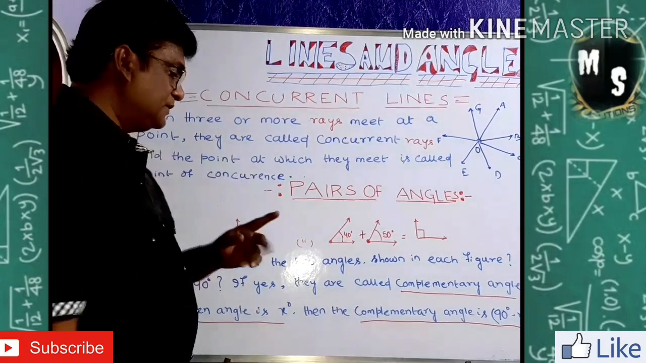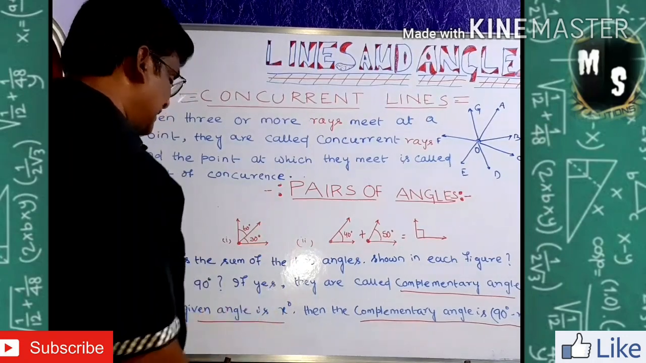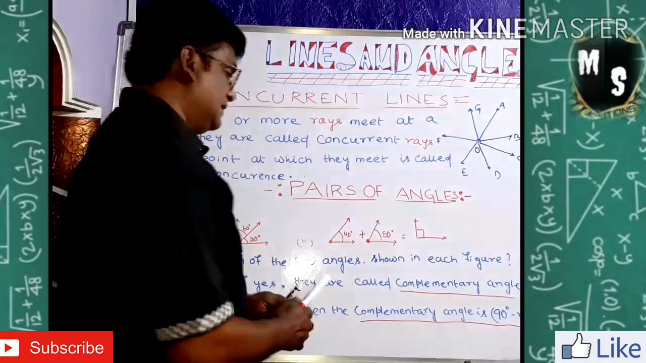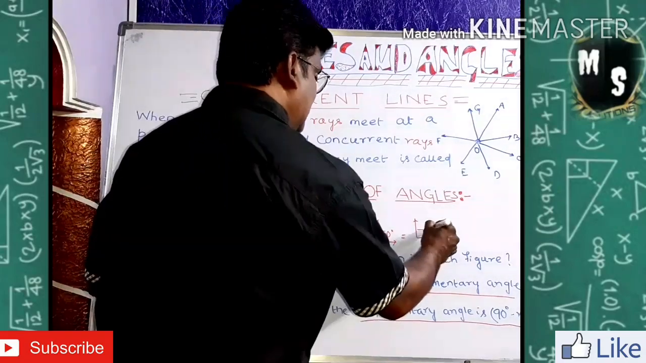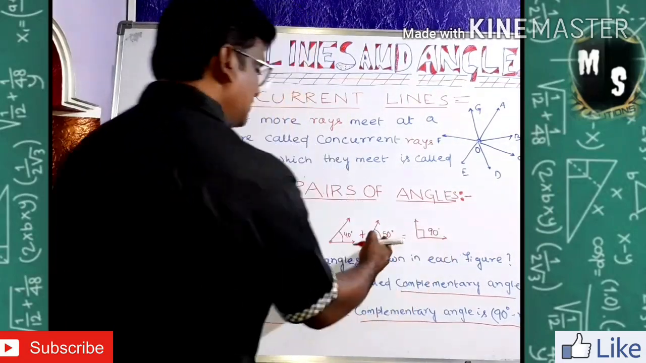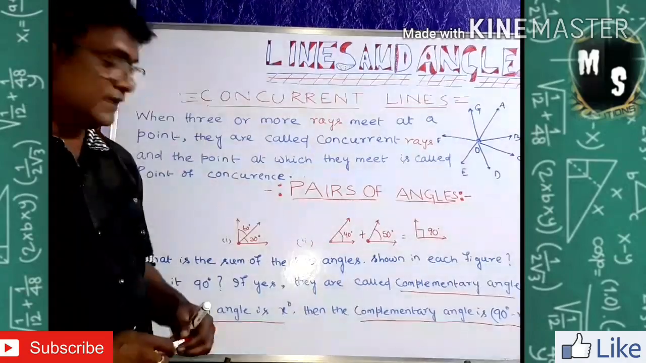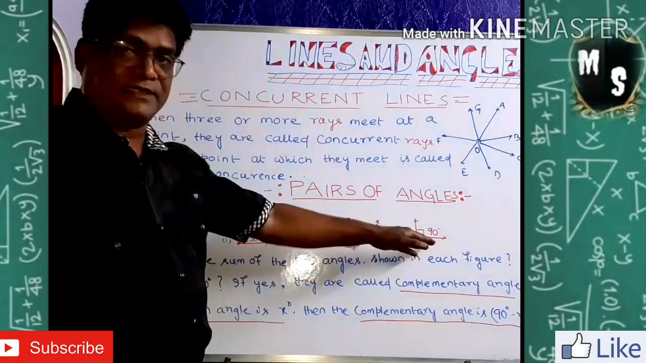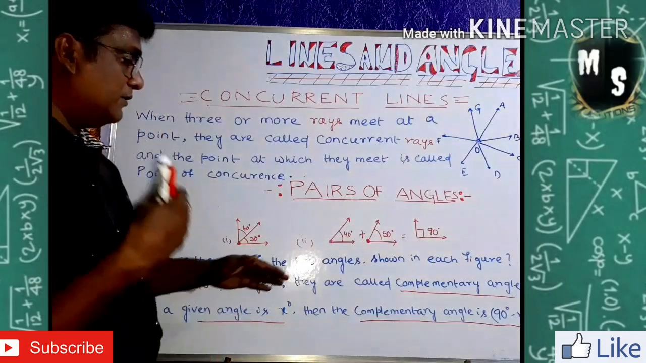90. Then what is the sum of the angles in the second figure? Is it 90? 40 plus 50, yes, it is 90. So now it is called 90 degrees. The sum is 40 plus 50, it is giving you 90 degrees. Then, if it is giving you 90 degrees, then they are called